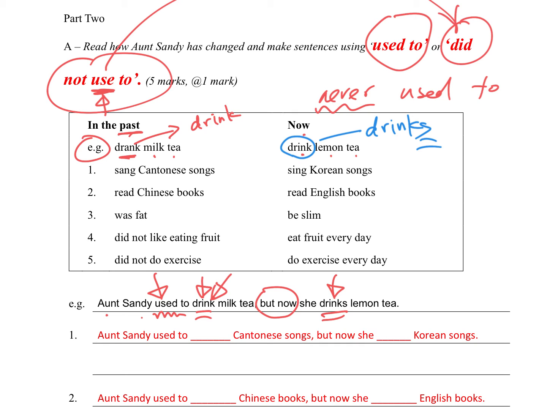Number 1. In the past, sang Cantonese songs. Now, sing Korean songs. Number 1. Aunt Sandy used to sing Cantonese songs, but now she sings Korean songs. Sang 要轉咗做 sing。